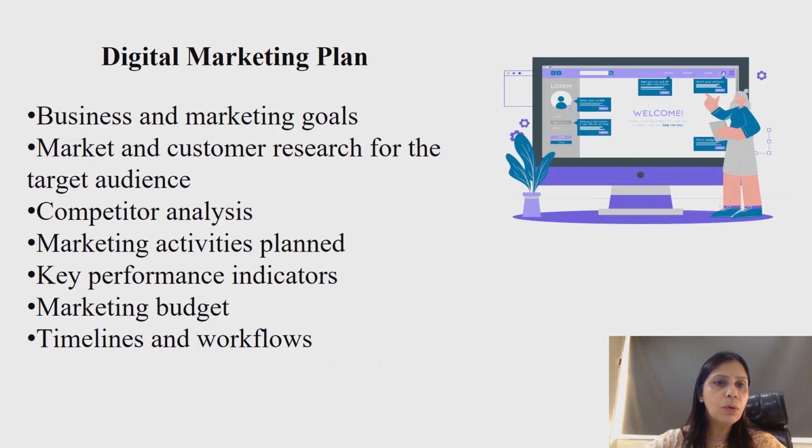Talking about how a digital marketing plan looks like. So a digital marketing plan must have the mentioned components in it. It should begin with stating the marketing goal, which should be clear enough and relevant enough. Then once you have decided the goals and objectives, you need to decide upon the market and customer research for